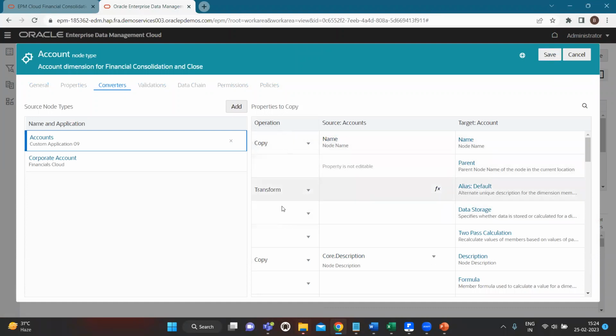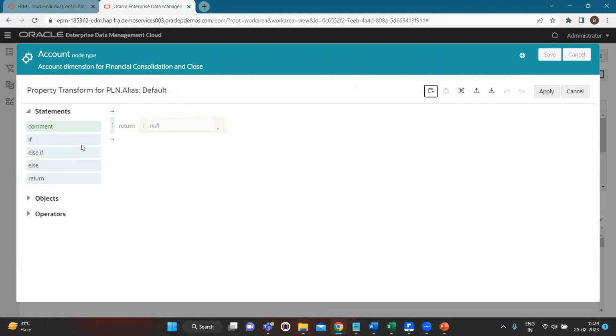Under the operation column, I will click and select transform. In the source account, I will click on the function icon and build the expression here. I want to return the value, and you can also select the statements. So return, and I have to select the source node, that is name,